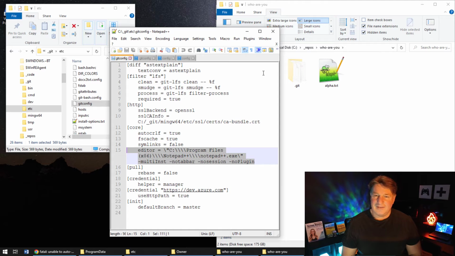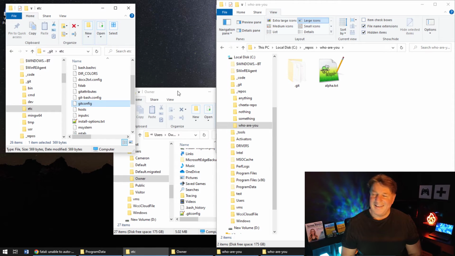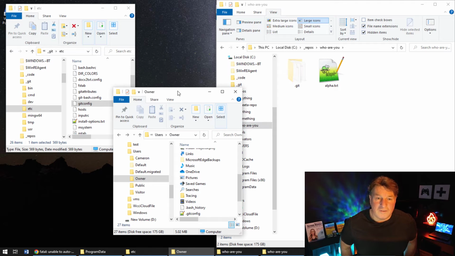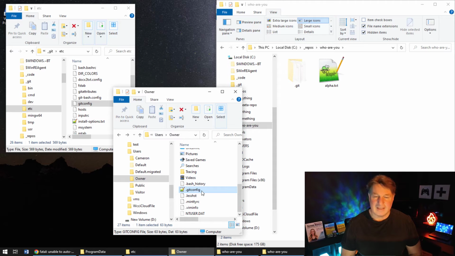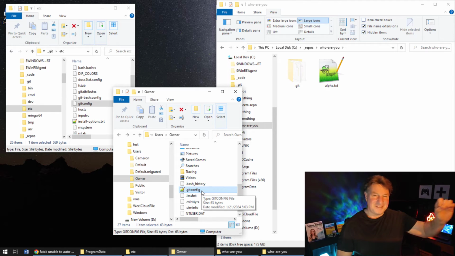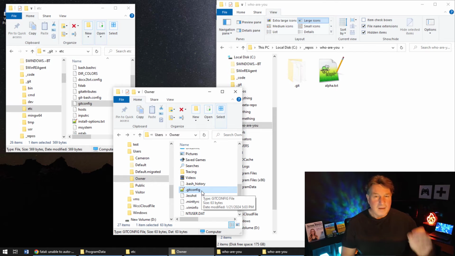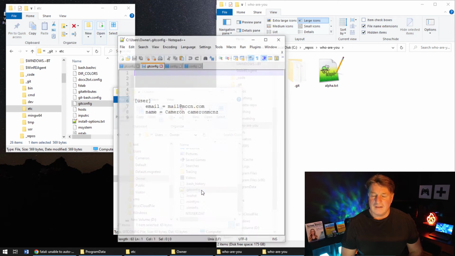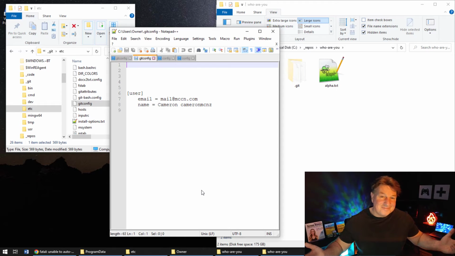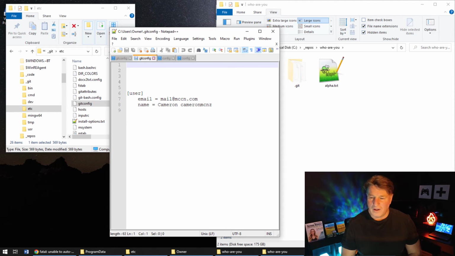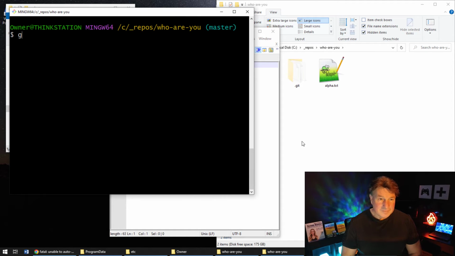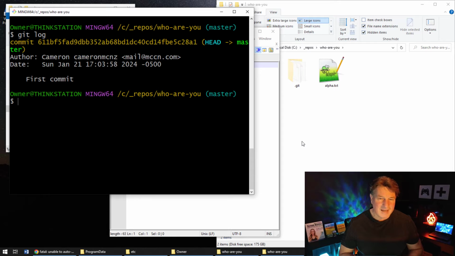But that doesn't have the information about my global config. So where is the global config? Well, the user account on this machine is called owner. You can see users owner. And if I come in here, you'll notice there's the .git config, right? The other one was git config. This one's .git config, but it's right there in the user's home directory. And if I double click on that and open it up, notice what I've got in here, mail@mccn.com. And I think if I even go in here and type in git log, yeah, notice you can see that